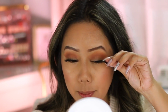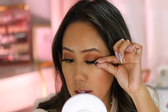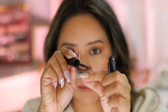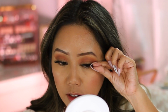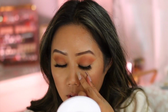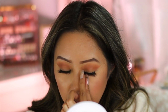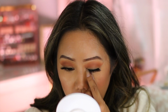Just a little tip, when I apply my lashes, I like to have my mirror just a little bit lower. And yes, there we go. I'm going to trim a little bit off the end. Bit of lash glue to the band. So it's been about 30 seconds. Now we want to place this first right on the center, as close as possible to the lash line, and then of course the outer corner, and then the inner corner. You want to just kind of press it just so that it really adheres